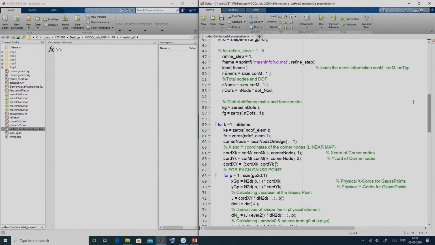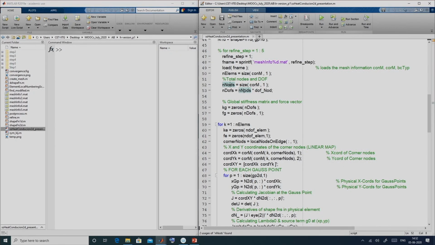Finally, we get some information regarding the mesh from one of the files, which is already saved. So we started with one element as I said earlier, and then we keep increasing the number of elements. This gives the total number of elements in the mesh, total number of nodes in the mesh, and total number of degrees of freedom in the mesh.